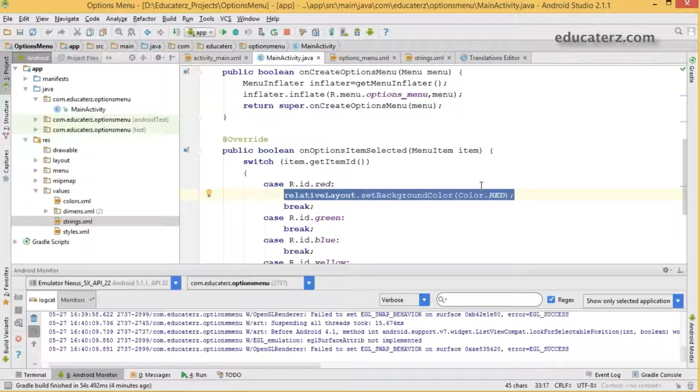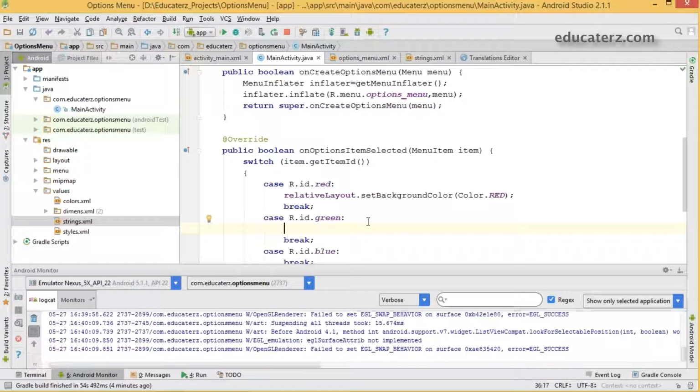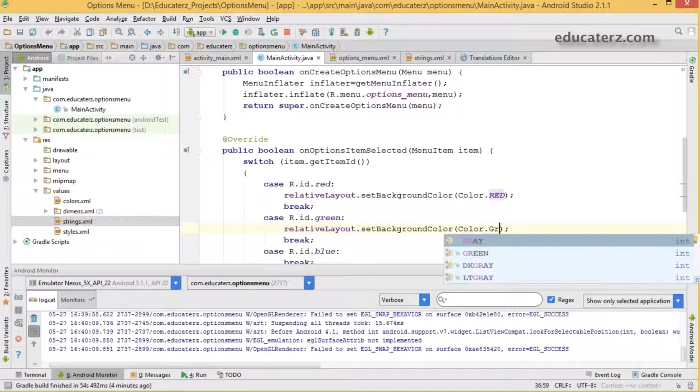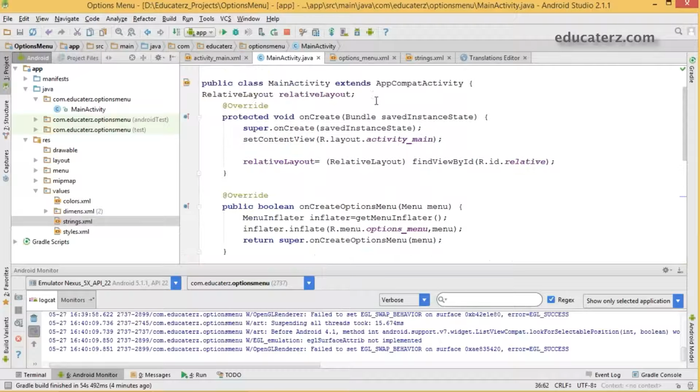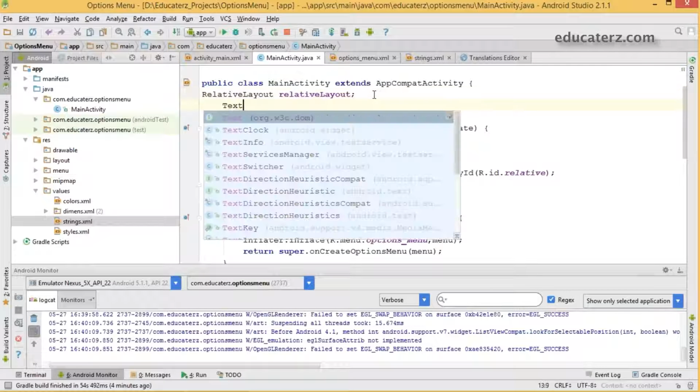I'm going to do two colors for the background color, and for two I'll change the text view color. For that, I should load my text view here into the layout file.